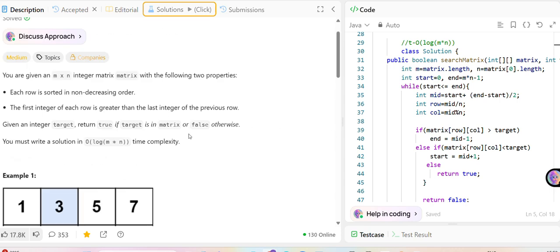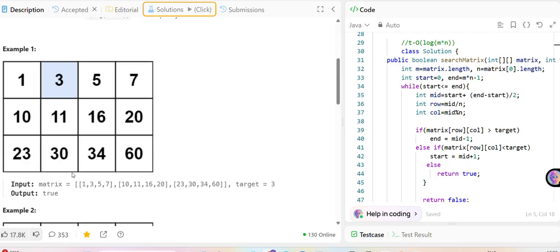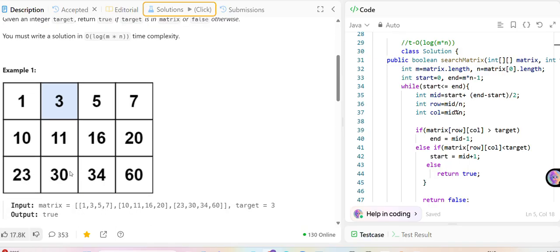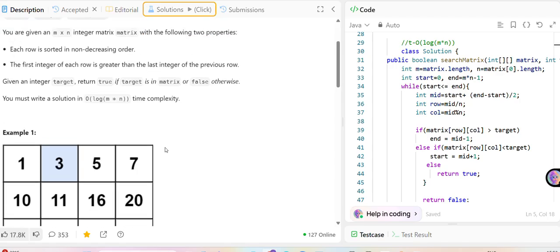Also, if we think about a brute force solution, it would be to simply iterate through this whole matrix using two for loops, and if we find this target element, then return true. Its time complexity will be big O of n square. But if we think about the intuition here, we will notice